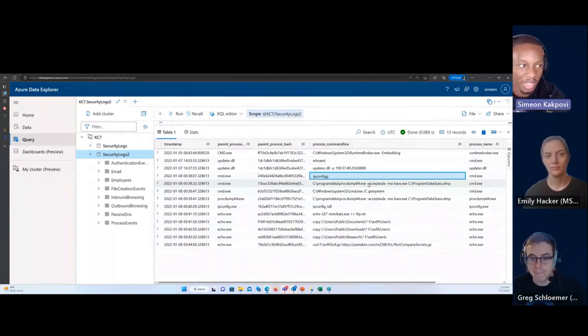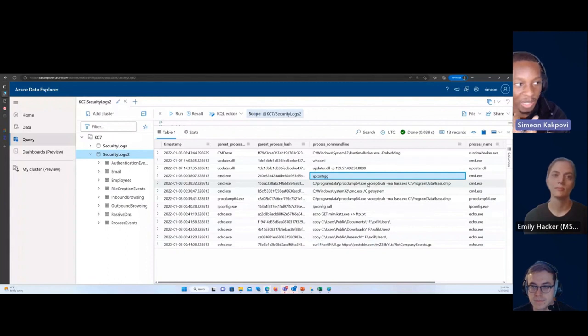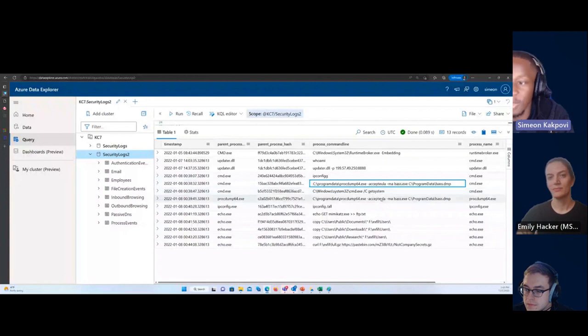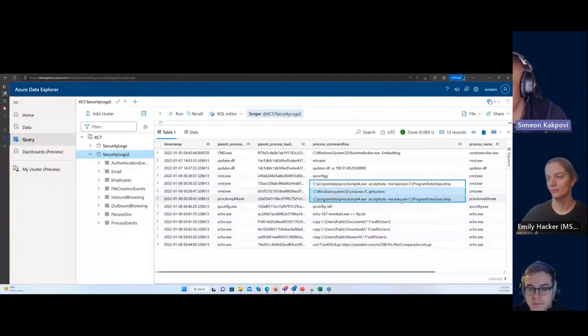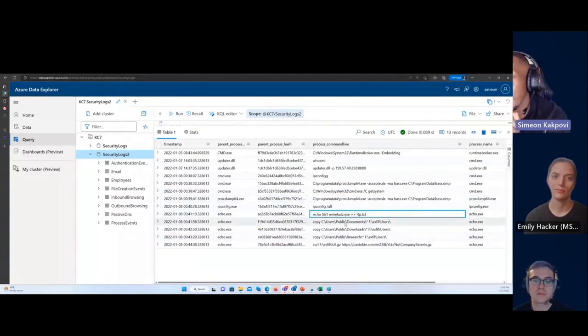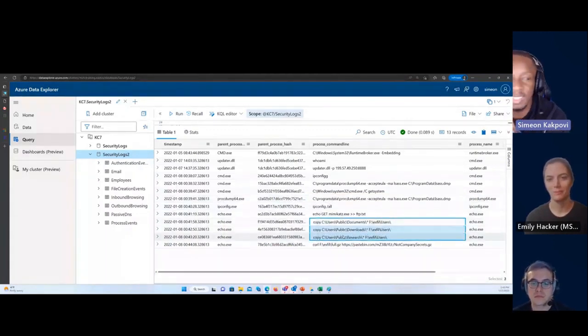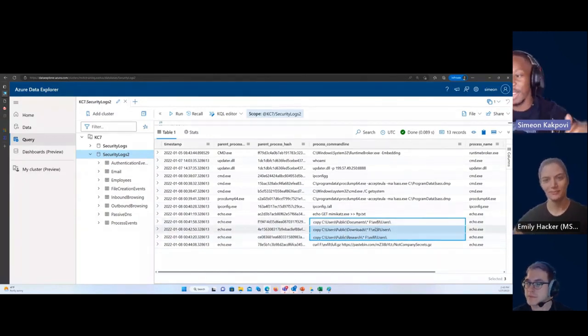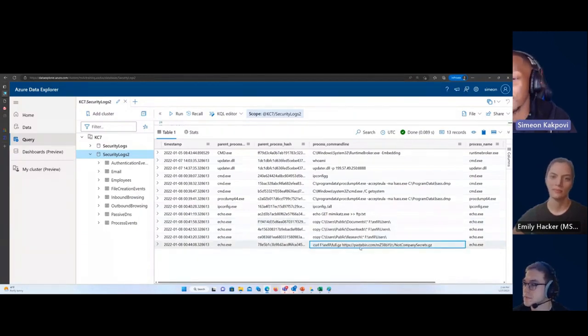High level view: the attacker went out with their friends. They came back the next day, realized that the user they sent the email to was compromised, and what they did was dump credentials on the victim system, so they can use that to log back into other computers. They copied files. This is a little bit exaggerated, right? It doesn't actually look like this in real life. We exaggerate a little bit to make it obvious. They copied files from the user's documents folder over to an exfiltrate folder on the machine, and then they copied that out to Pastebin, where they're going to download it on the other side.